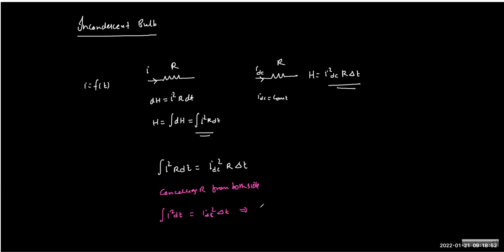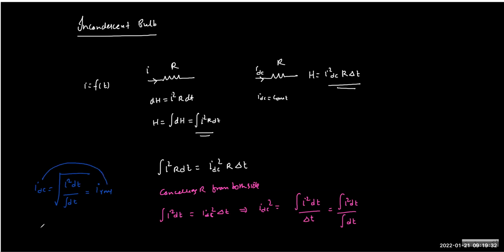So from here you can derive the relation I_DC squared equals integral of I squared dt upon delta t, and delta t we can also write as the integration of dt. So now you can see that eventually I_DC turns out to be the integral of I squared dt upon the integral of dt, and this is exactly the definition of RMS also. So mathematically we call this RMS, and this is a simple proof that